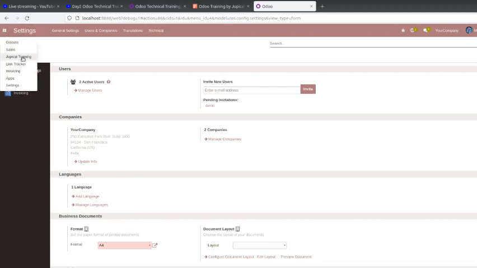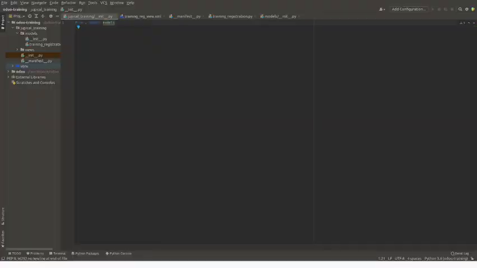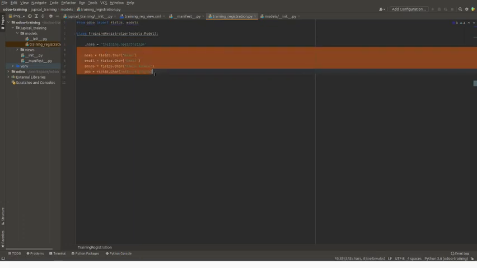Okay, and then let's go back to the editor again. Here at the initial level, what we have done is create one class file where we defined some basic fields of character type: name, email, phone number, and date of birth.